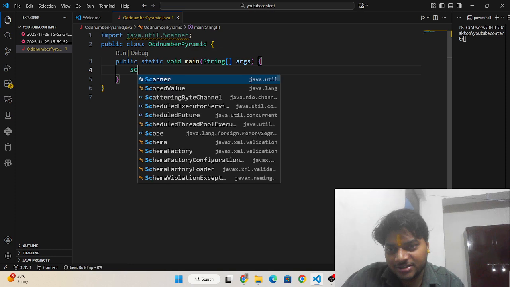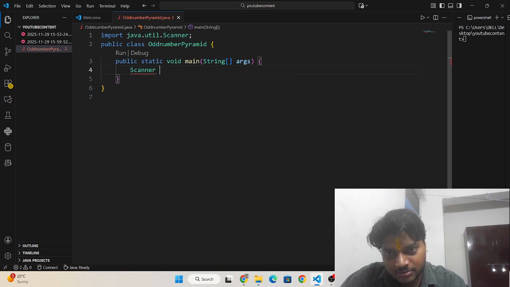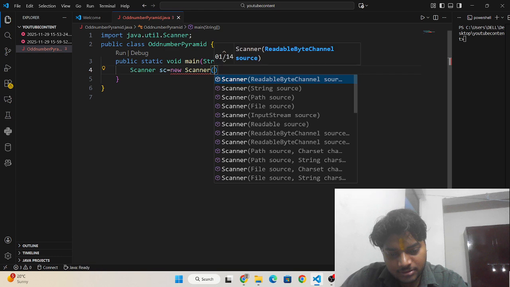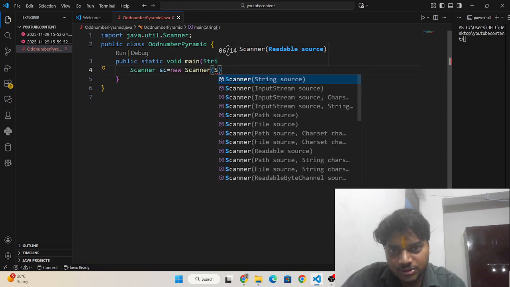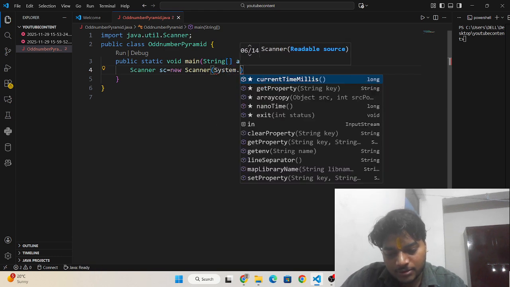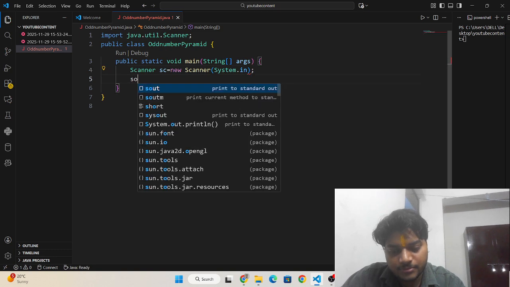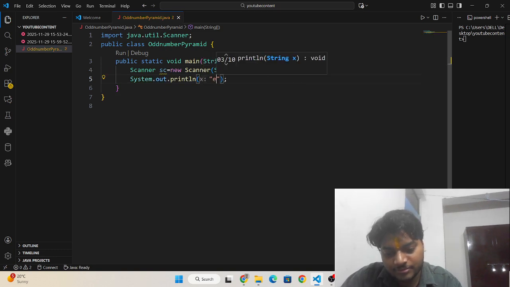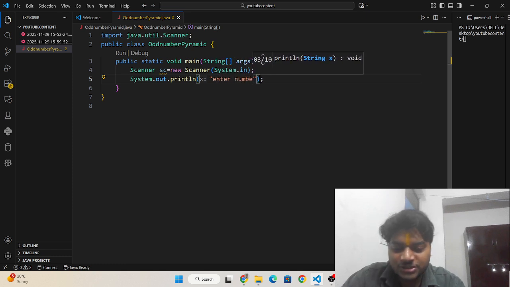So I need to write here Scanner sc = new Scanner(System.in), and then I need to write a message to ask the user to enter the number of rows.